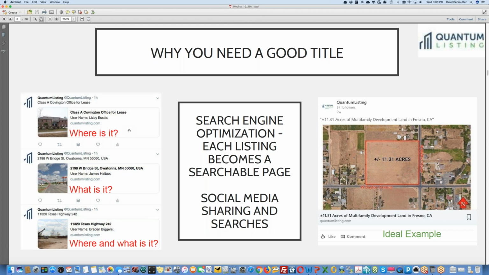And the way we do this is without direct human intervention. So what you add to that listing is what is going to show up on social media. The other day when we were preparing for this, we looked at the